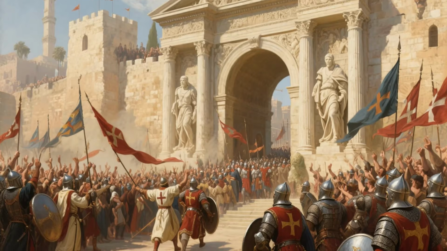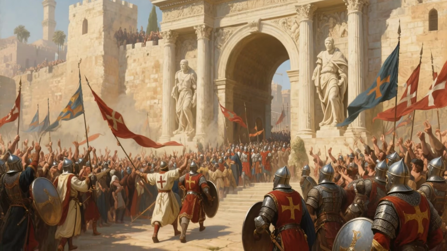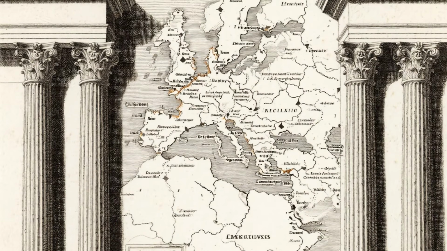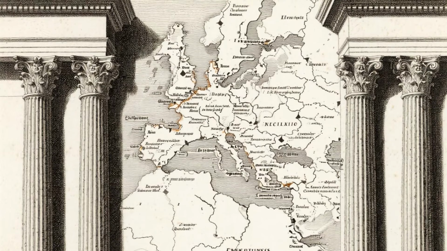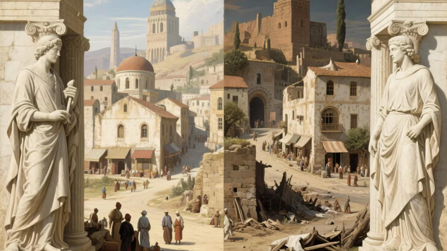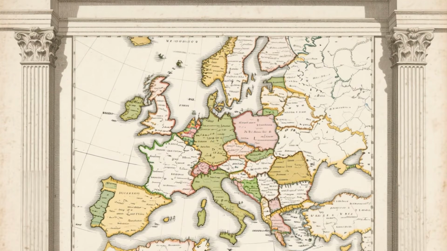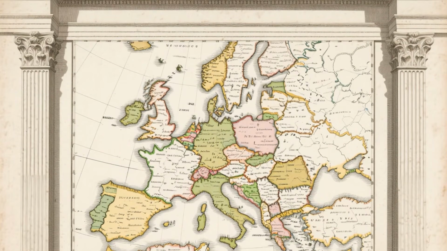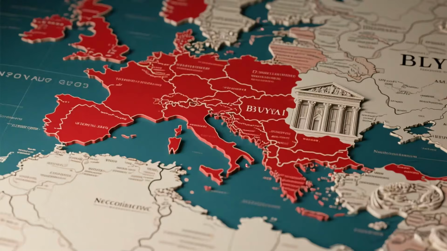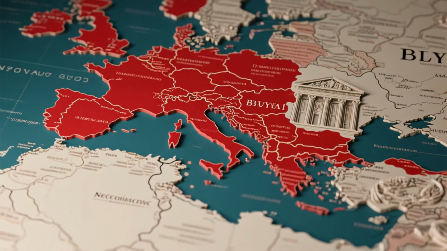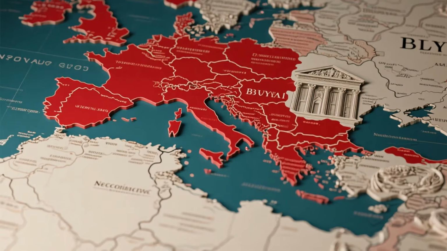The First Crusade, 1096 to 1099 AD, ultimately succeeded in capturing Jerusalem and establishing several Crusader states, including the Kingdom of Jerusalem, the County of Edessa, and the Principality of Antioch. From the Byzantine perspective, the outcomes were mixed. While some territories in Anatolia were recovered or stabilized through cooperation with Crusader forces, the establishment of Latin states in the Eastern Mediterranean introduced new geopolitical complexities. The presence of Western rulers with autonomous authority created potential threats to Byzantine influence, particularly in regions adjacent to imperial